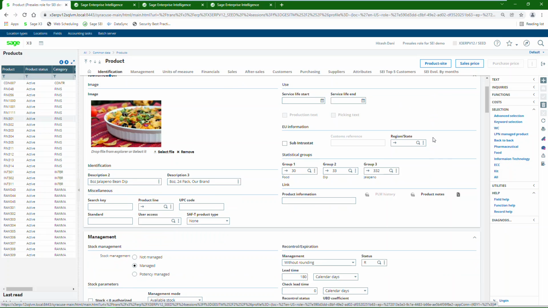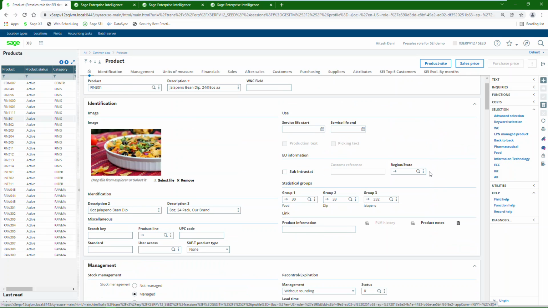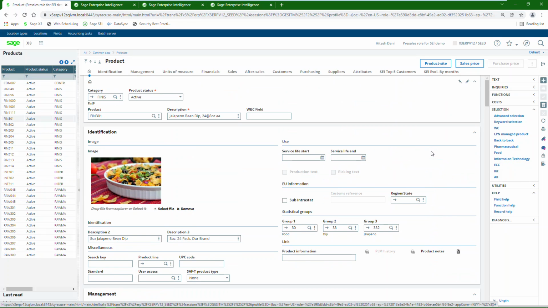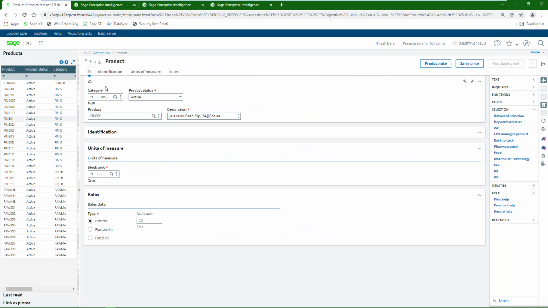Now, some of you may be looking at this functionality and thinking this is a little more robust than what we need. And that is fine. Sage X3 can give you functionality that can be very simple. Your item master can be as simple as this,